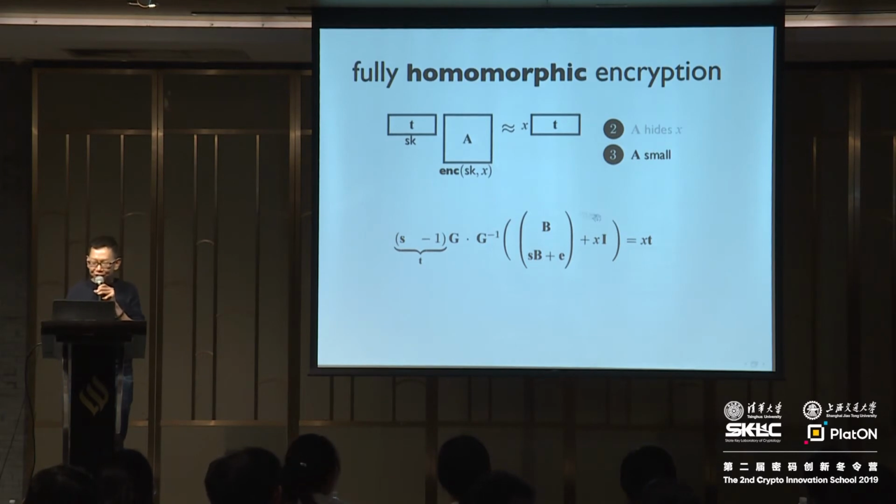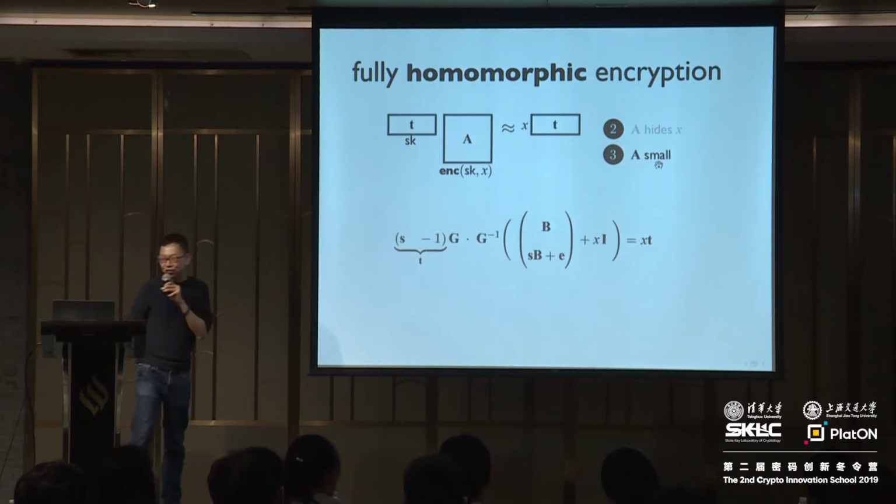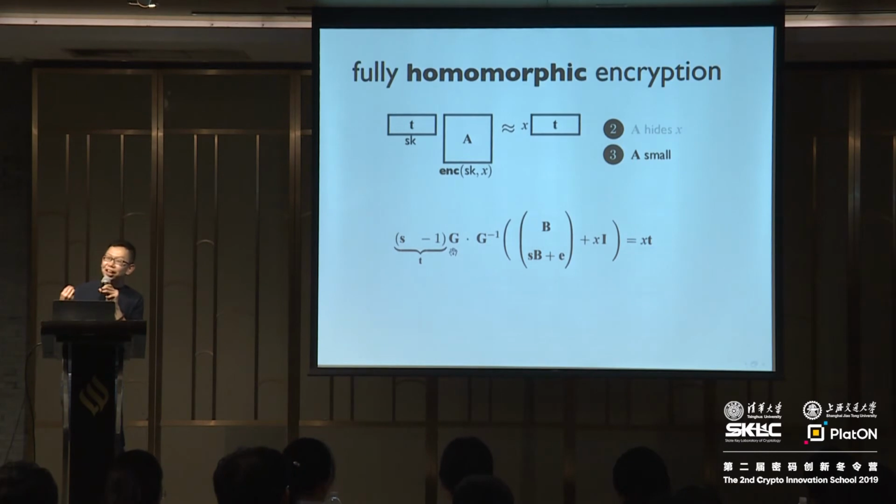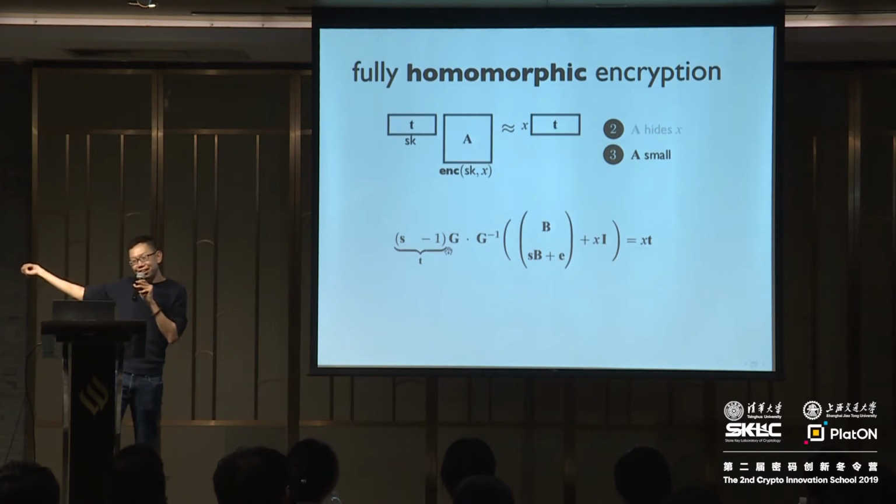Alright? So now, if you think of this part as your A, including the G inverse part, you have the requirement that A is small, but the main catch is that you lose this equation over here, because there's an extra G on this side, and this G doesn't appear on the right hand side. Okay? Ideally, you introduce an extra G here. You want to define T to be the original T multiplied by this G, but if you do that, you need to have a G on the right hand side.